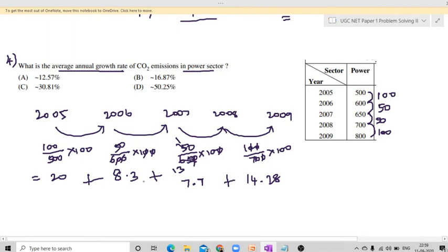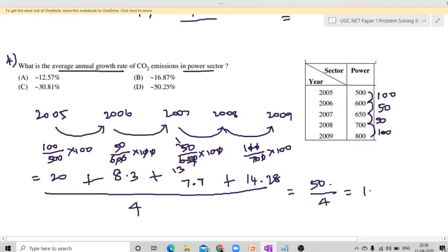So now we can very easily find the average. We have to add all these values and divide by 4. When we add all these values, we are getting an answer near 20 plus 8 plus 7 is 15, and here we have a 14. So it's coming very close to 49 point something, or maybe 50 point something. Yeah, the answer will be 50 point something, because we have decimal values. So 50 plus divided by 4, 50 divided by 4, our answer will be 12.5 something. So by approximation itself, we can very easily confirm that our answer must be option A.